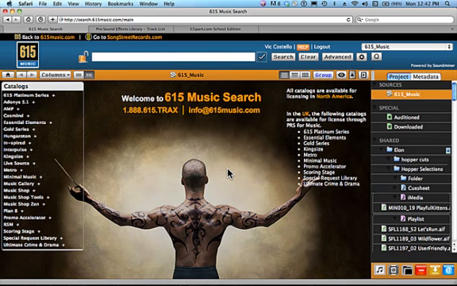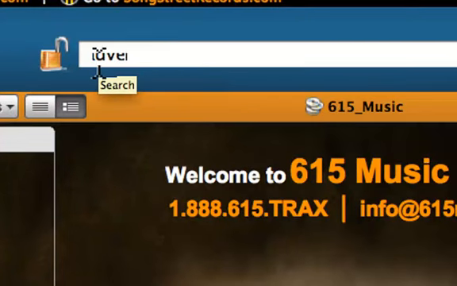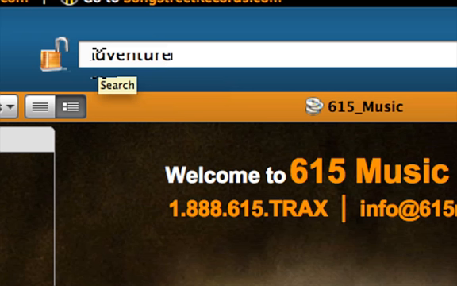And this interface allows me to search a vast library of musical recordings that have been professionally produced. Most of them are instrumental, but there are some tracks that have vocal supplements to them. And I'm going to begin by going into the search window. And I'll type in a keyword. This will be a fun one. I'm going to type the word adventure. I'm looking for something that sort of has an adventuresome sound for a video or a film project that I'm working on. And we'll hit return,